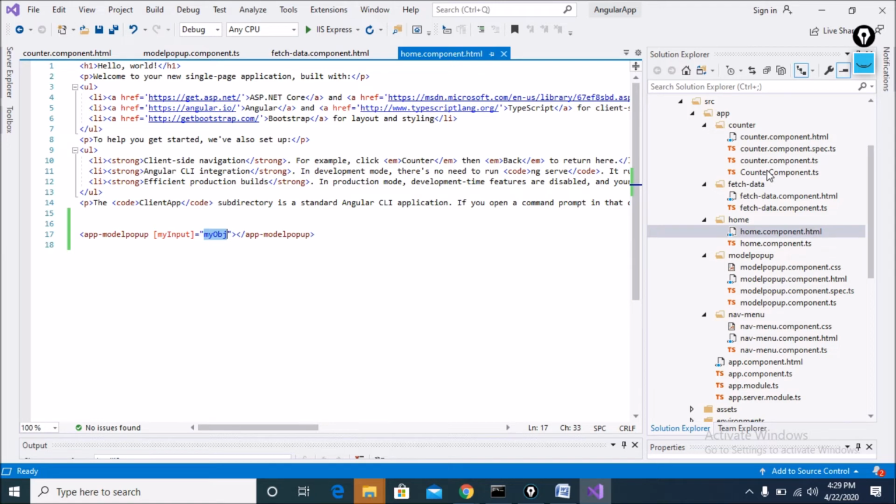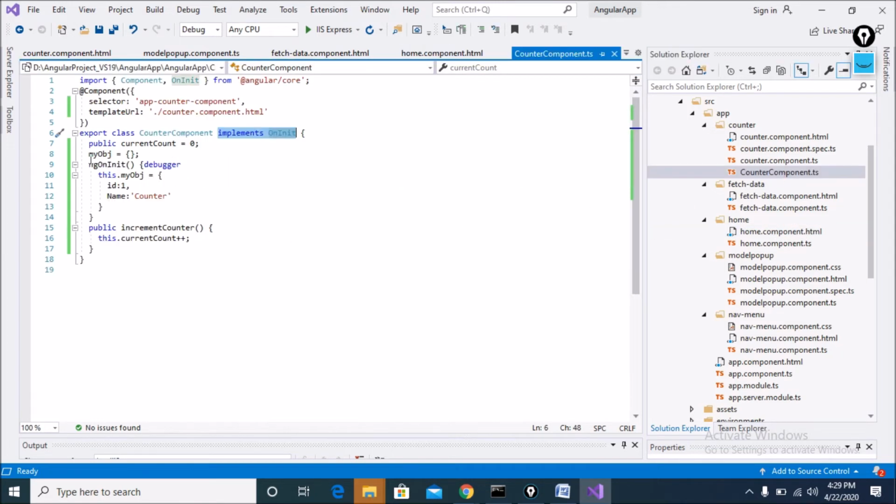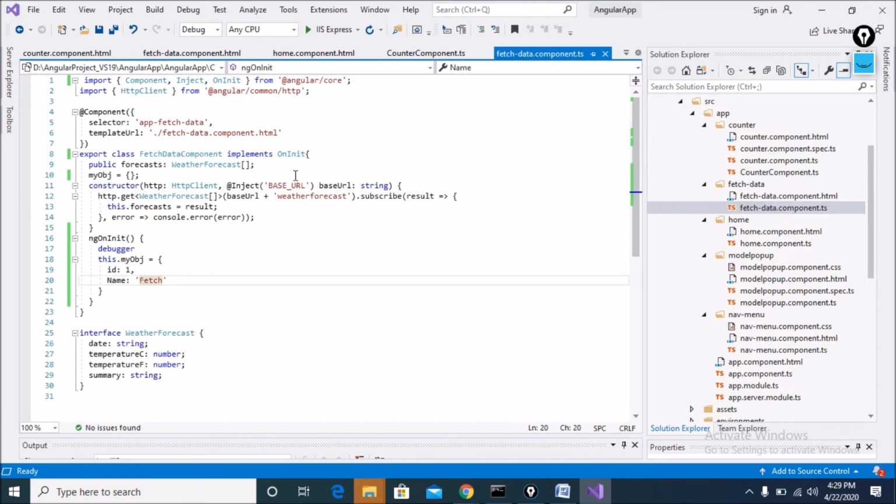And you know very well in the counter component I declare a variable object and set the dynamic value of the object. A similar approach I follow on another component like the fetch data component.